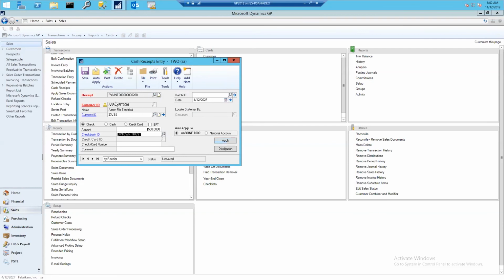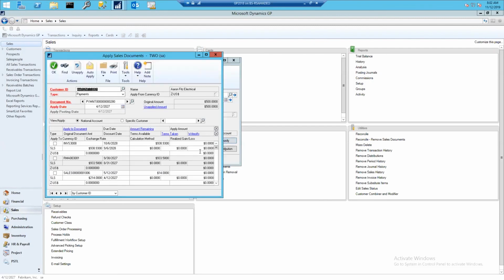Remember, this customer is a little different in that this customer is a parent to two other customers. So we can decide if we're applying it to this parent account or to one of their accounts, which is the national account. I'm going to leave it on the parent account and I'm going to go to apply, right? So the documents available to be paid against are here, right? And then I can select, okay, I'm paying this invoice for 428, which means there would be a balance